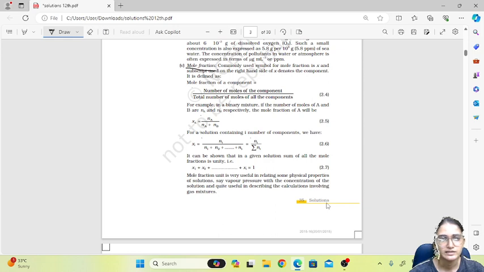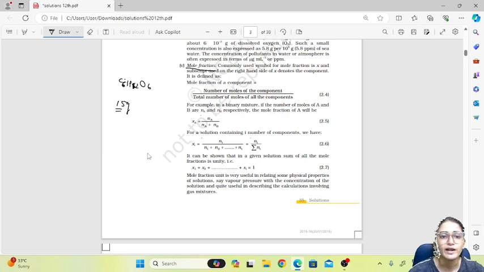So let us take one example. We will take a component which is dissolved in water. I will take glucose, C6H12O6. Okay, C6H12O6 is dissolved in water. Now there will be a mass given of this component. Whatever solute you put, there will be a mass given. So suppose they have given a mass of 15 gram of glucose.